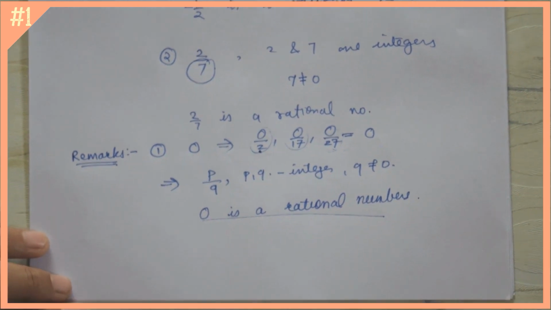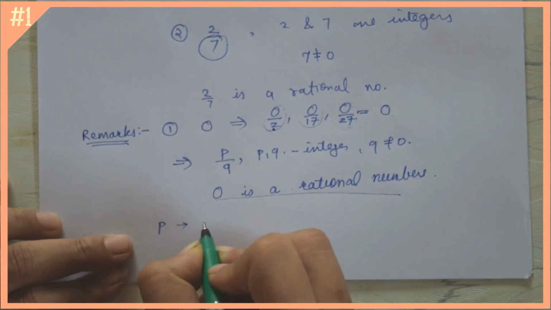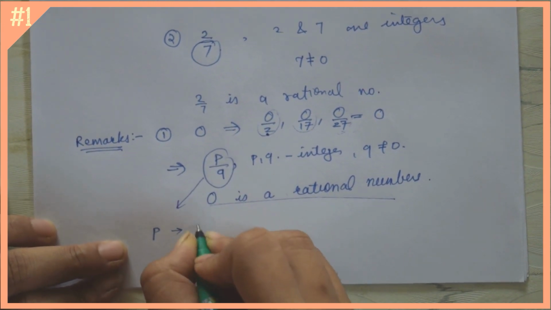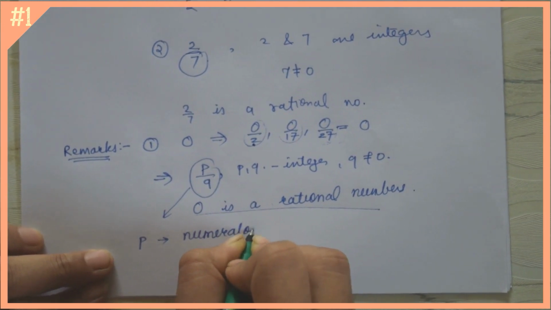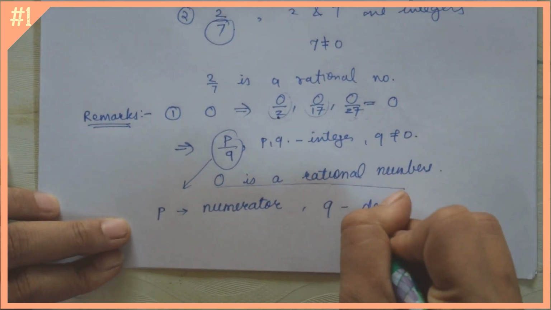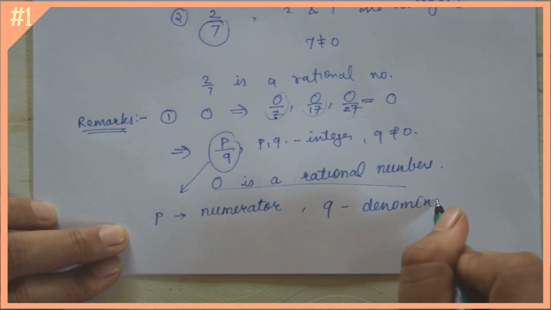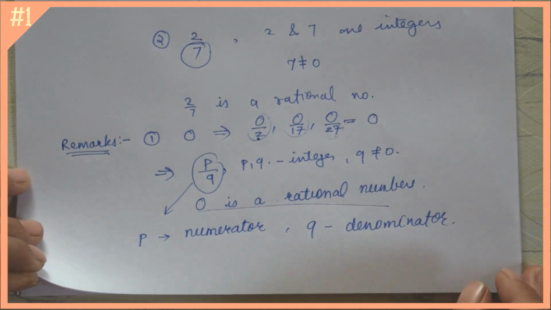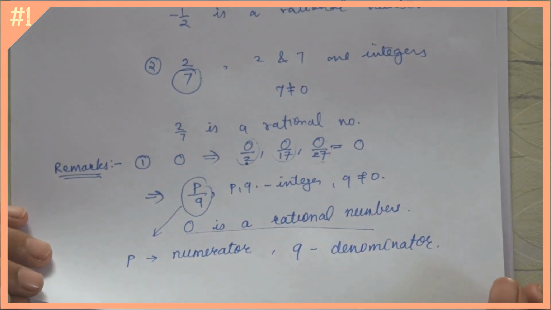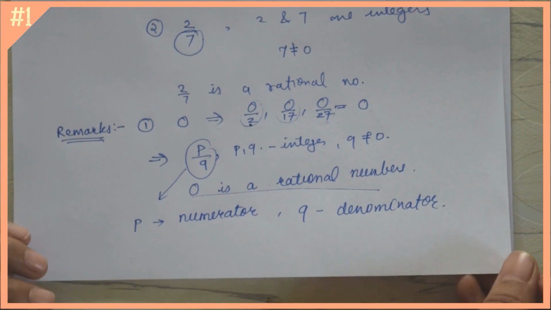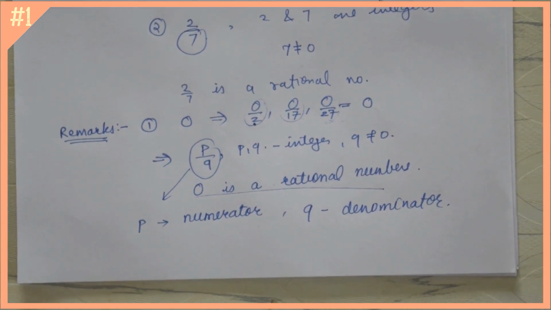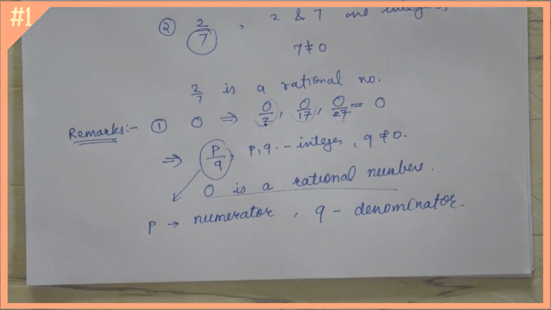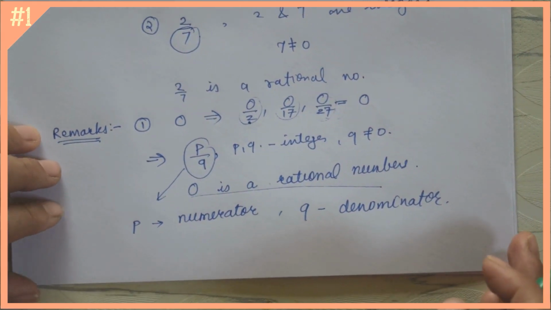Okay. Now another thing I forgot to mention at the start actually. In this form, P by Q, P is the numerator and Q is the denominator. Fine, so don't get confused about it. It's a very basic thing, but sometimes if you are nervous, you get confused. So there's nothing to get confused. Another thing, all natural numbers, whole numbers, integers, and any fractions are all rational numbers. Okay, fine. So we'll move to another property which we are going to discuss now.